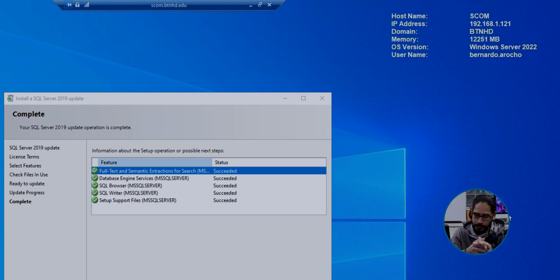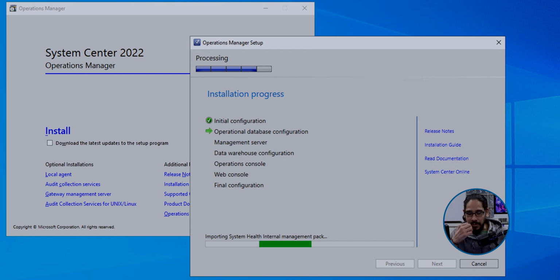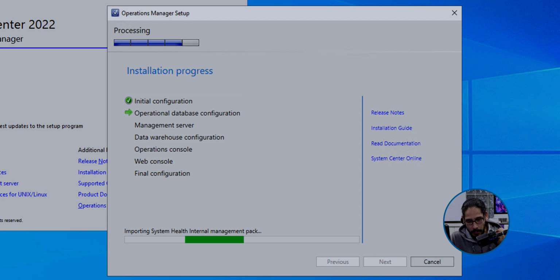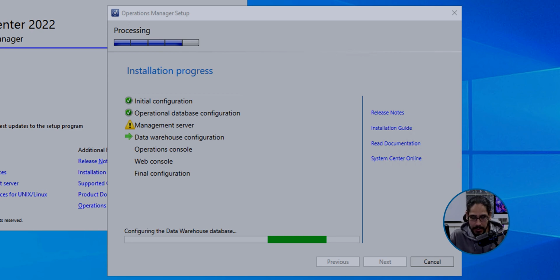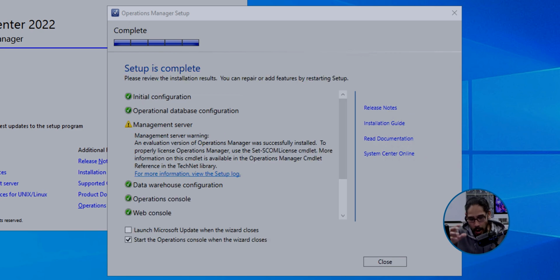So once I had everything the way it was supposed to be, I restarted the wizard. I got to this point. I waited. I was biting my nails. I was like, oh my God, come on, move, move, move. And when it moved to the management server, I was like, yes, because it was failing at the database configuration part. And I waited. I got a nice little exclamation point, which was okay. And it went to the data warehouse. It bypassed that, and I got all green check marks.